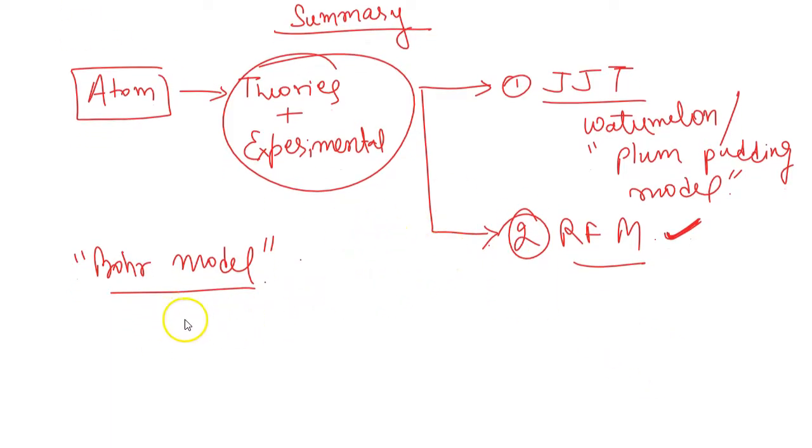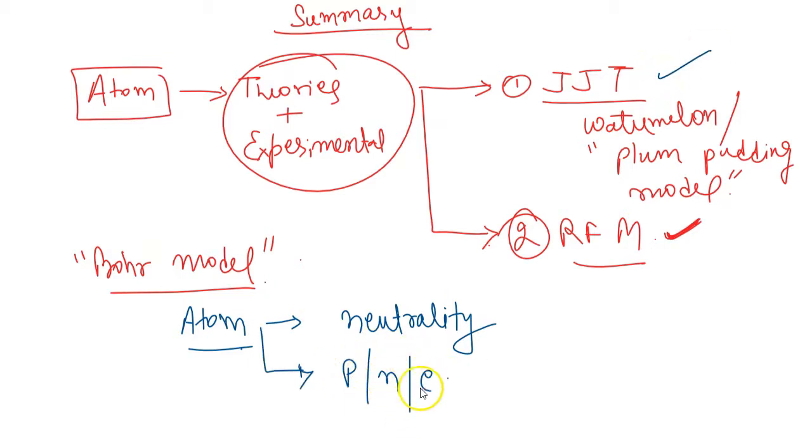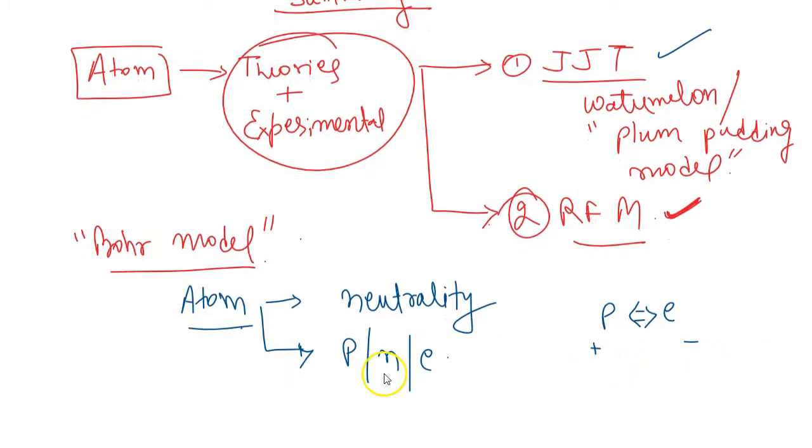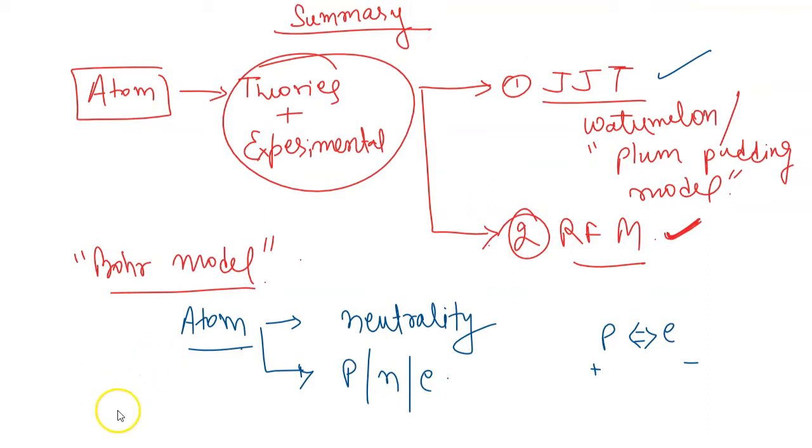Later on, we saw that if we talk about an atom, it has certain weight, it has certain properties associated with it. Based on that, we discussed the atomic mass. The neutrality of the atom was clearly depicted by J.J. Thomson. We saw all about the subatomic particles like protons, neutrons, and electrons. Protons and electrons carry equal charge but of opposite nature. Neutron is neutral in nature. Finally, we saw that the combining capacity of atoms is dependent on the valency, which can only be determined once we know the electronic configuration. The rest we will begin in the next session.